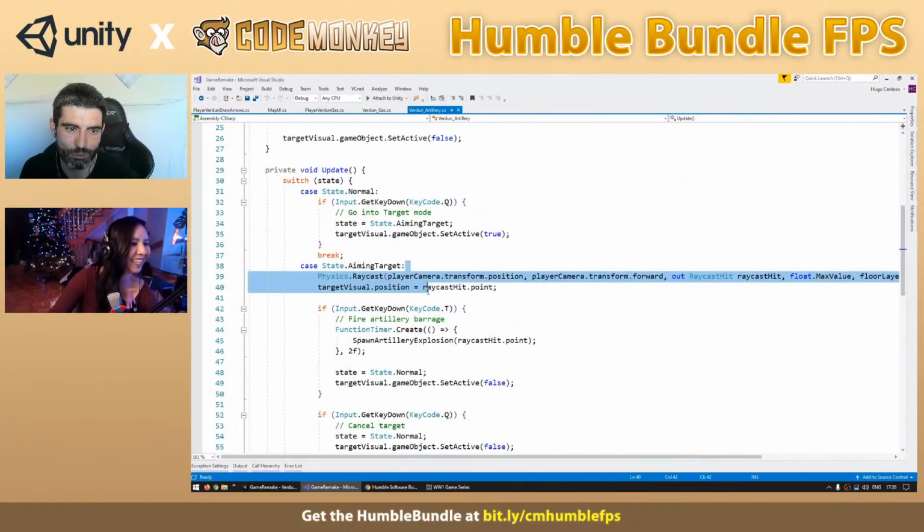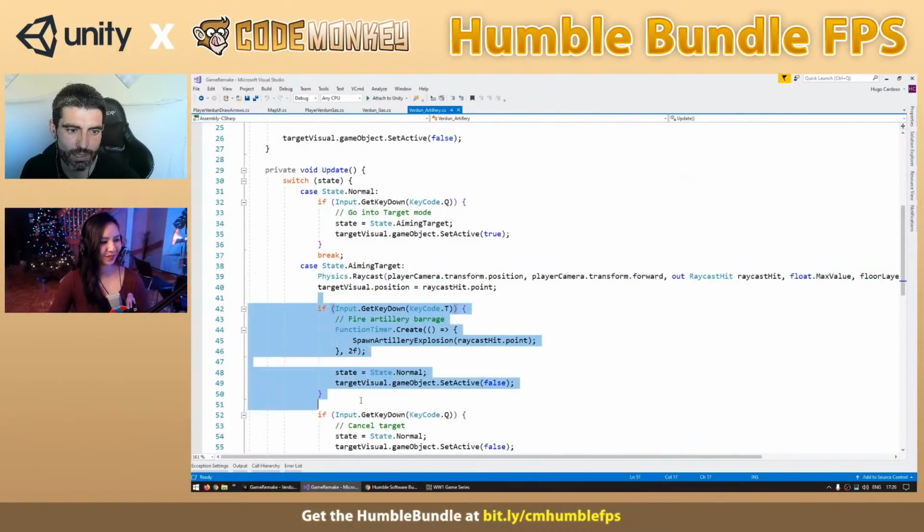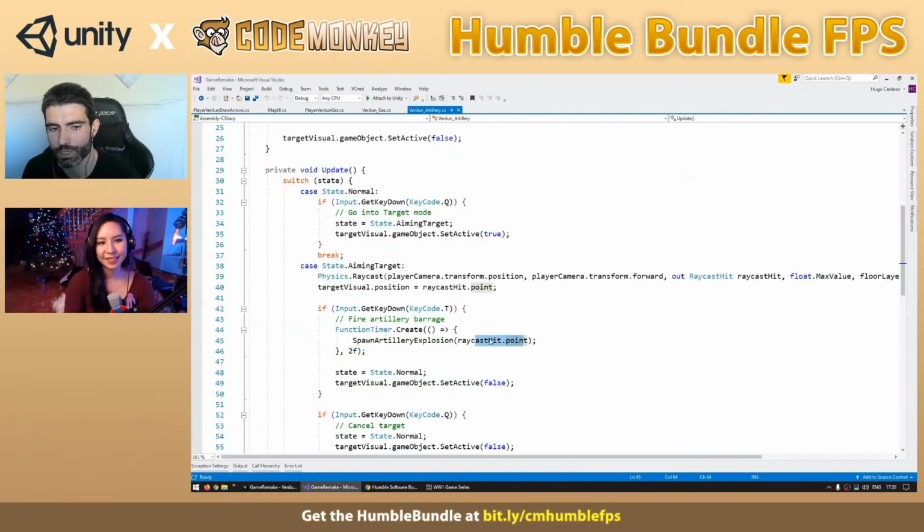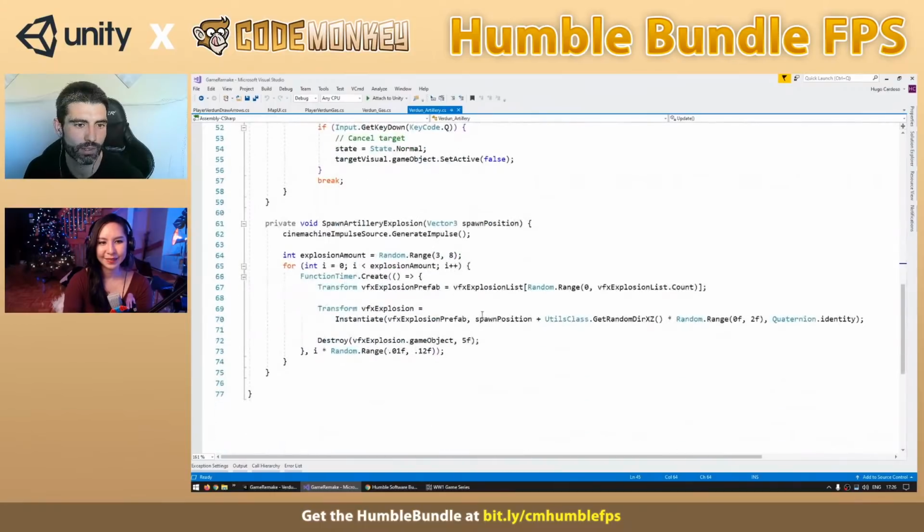So yeah, as you can see, it's pretty simple. Pretty much just a raycast, then listening for another key press, and then just spawning some artillery on that raycast position. So pretty much just store the position, and then for spawning the things, it's really just instantiating a bunch of prefabs. So just grab a random one from the list, then instantiate it, call destroy, which, here's another